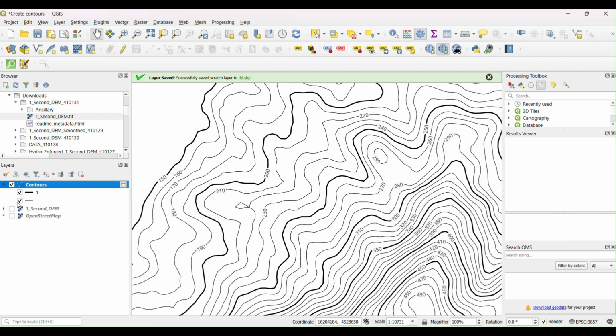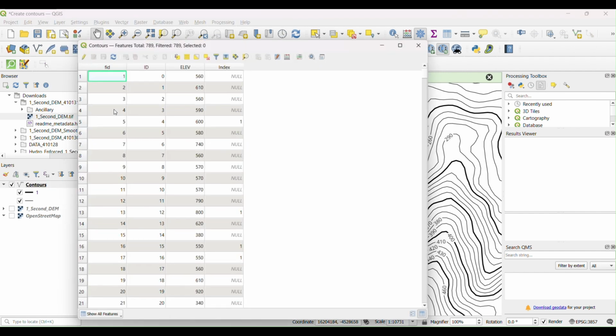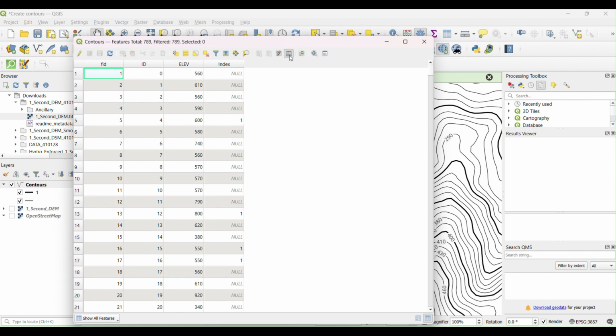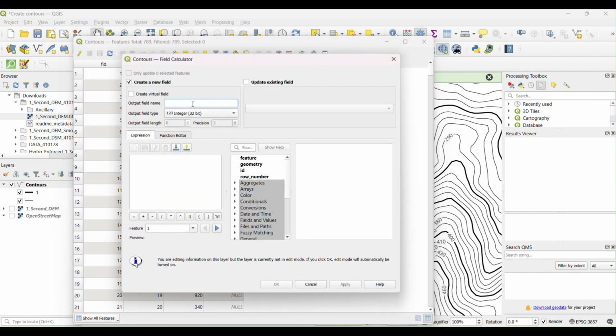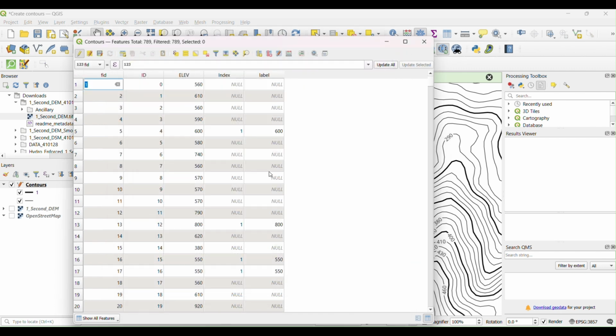So another thing we can do here is go to contours again, open the attribute table, and let's create a new one called label. In this expression we're going to indicate that every index multiplied by the elevation, so every time those two match, there should be a number. Okay, so that is going to separate that into a new